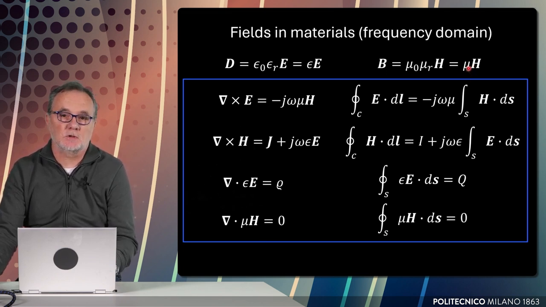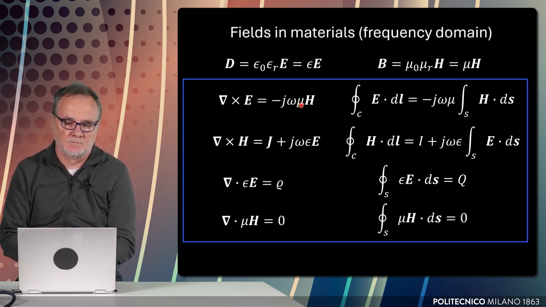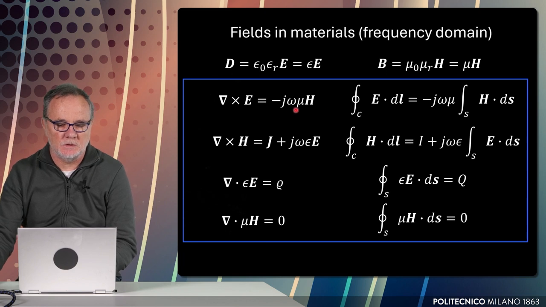If we are in the presence of what is called time dispersion, so that the response in the time domain is non-local, this can be easily represented by epsilon and mu, which are functions of omega. But for a given omega, they still can be written in the form of a proportionality between D and E, between B and H. So that whenever we see in Maxwell's equations from the previous slide mu naught, epsilon naught, now we can replace these with mu and epsilon that account for the presence of a material with different parameters. And the result is this set of equations, both, as you see, in differential form and integral form.